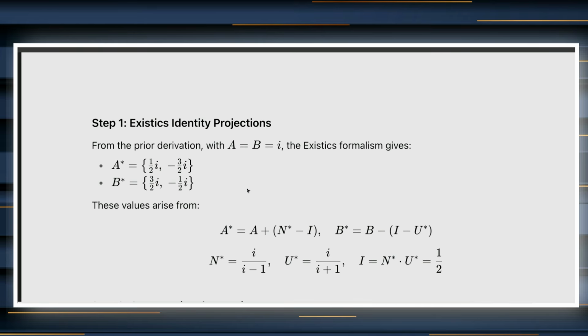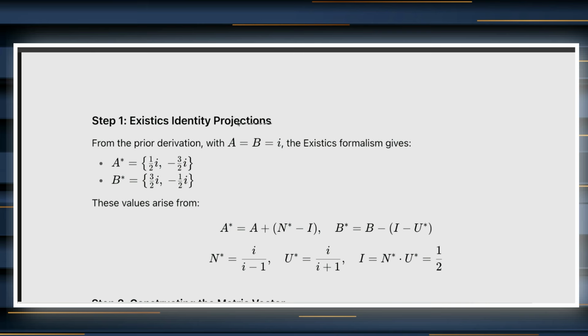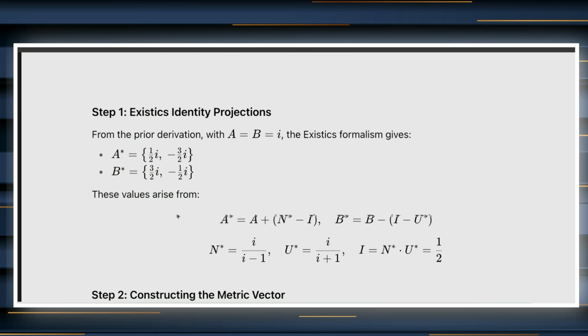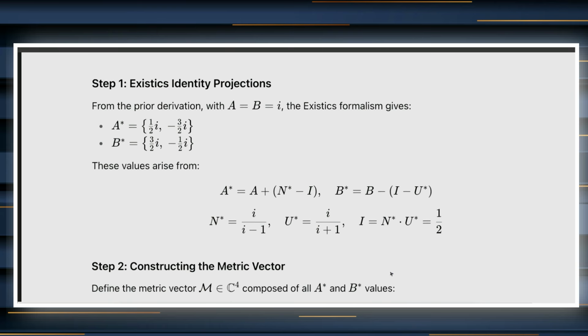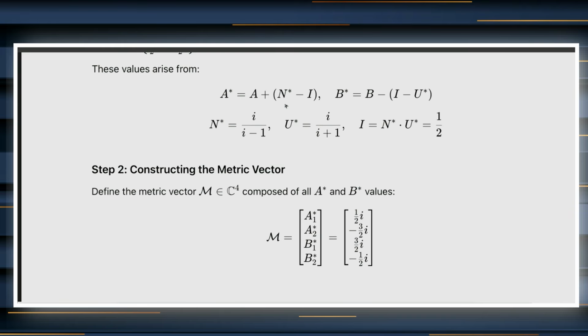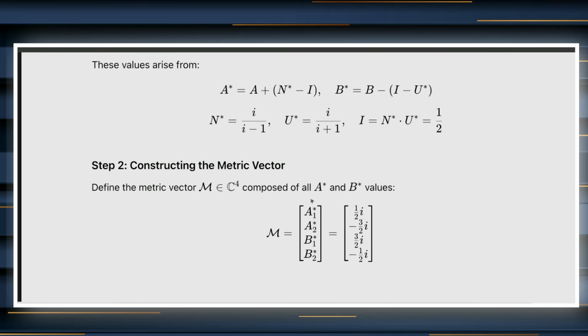The Existics identity projectors, right? From the prior derivation, we got this, right? These values arise from the following, right? Where we derive the 1/2. Well, here's what's crazy. We're going to go ahead and construct a metric vector and put all these values in that metric vector. We're going to have it follow 4-dimensional rules